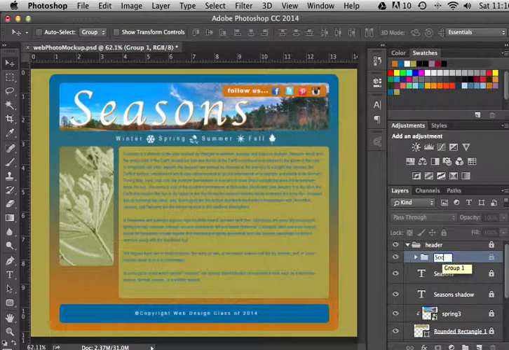So I'll say social. Oops. All lowercase. Actually, I named it SM, to keep it organized. I'm going to call it SM. So the social media group sits inside of header, meaning if I click the eyeball off, it should disappear, and